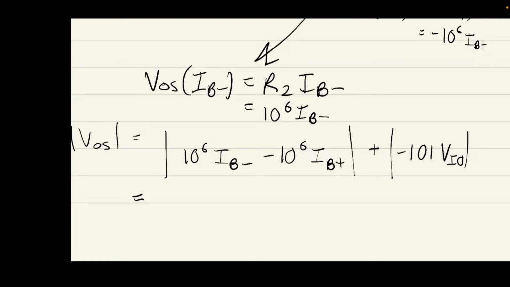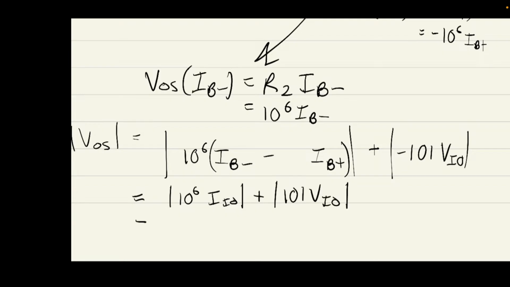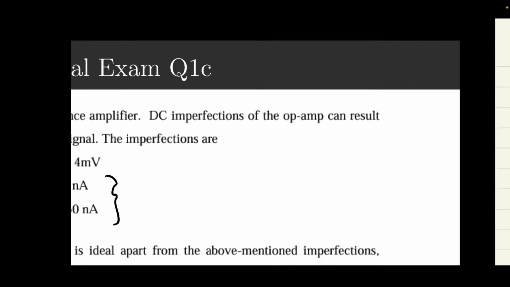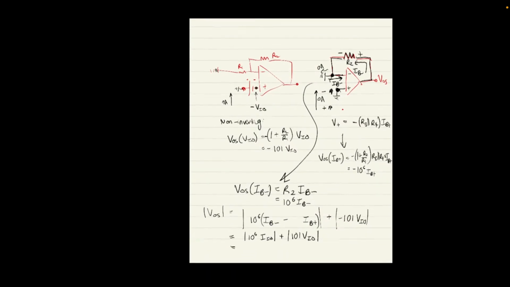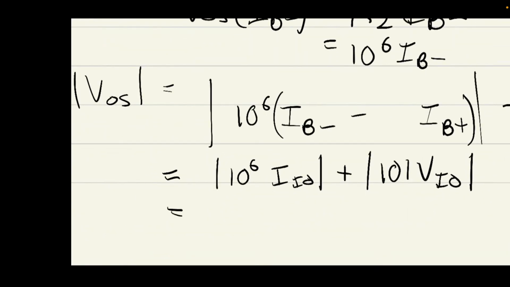I can factor out the 10 to the 6, and this is simply IB minus minus IB plus. And this will just give me 10 to the 6 times I0 plus 101 V I0. And if we sub in the values from here, 50 nanoamps and 4 millivolts, we will get a final value of